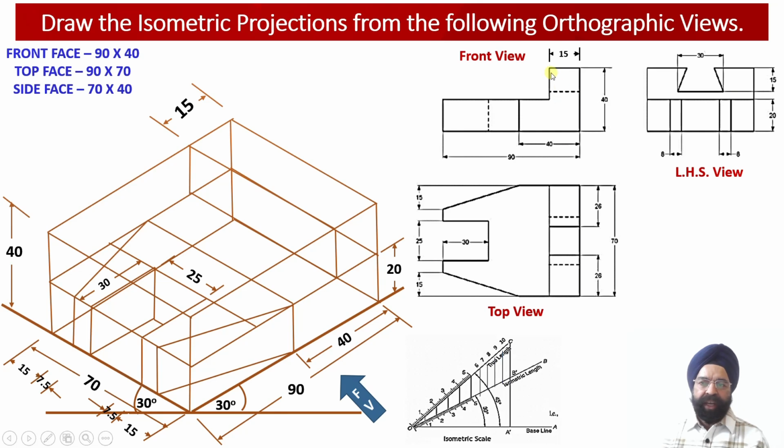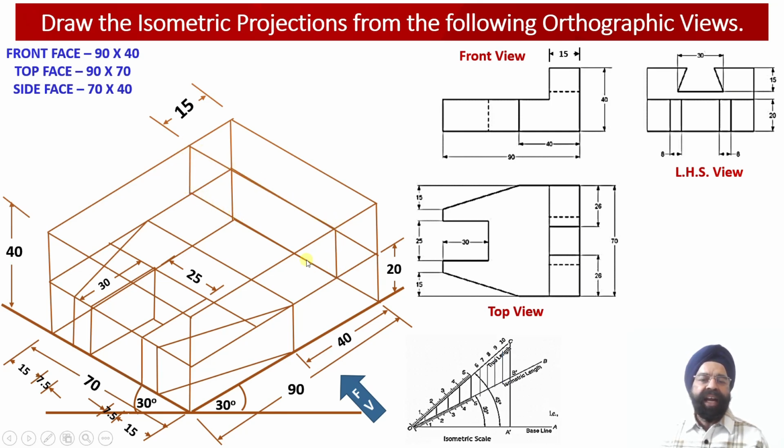Now we can check the front face of the vertical web we have been able to obtain over here. And what are its dimensions? Height is equal to 20 millimeter and width is equal to 70 millimeter. The width is equal to 70 millimeter and the height is equal to 20 millimeter. So this vertical web, which is available on the right hand side portion of the solid, has been obtained, but